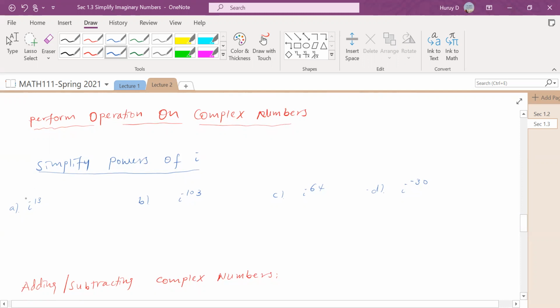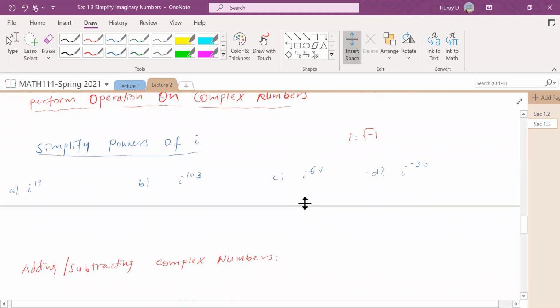We know i is the square root of negative 1. But if I have i to the power of 13, i to the power of 103, i to the power of 64, then what does that mean? So to simplify this,